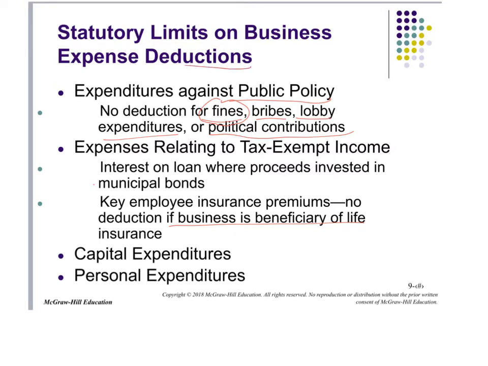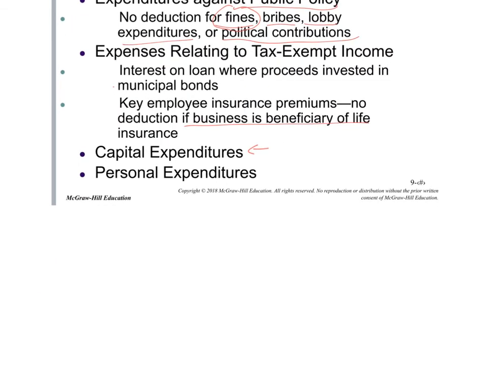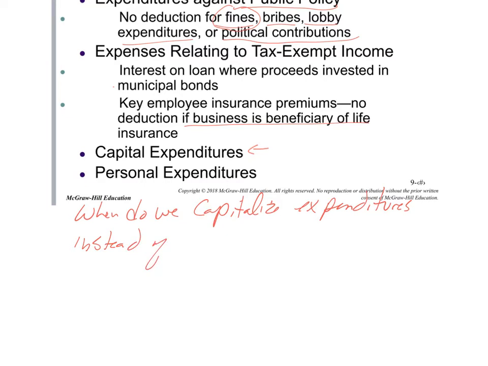All right, this whole category is talking about limits on business deductions, essentially. And so what do we see? We see that we may have capital expenditures, and if we have capital expenditures, these capital expenditures are not deductible. You have to capitalize them, okay? So when do we capitalize expenditures instead of deduct? Okay, well, we have what's called